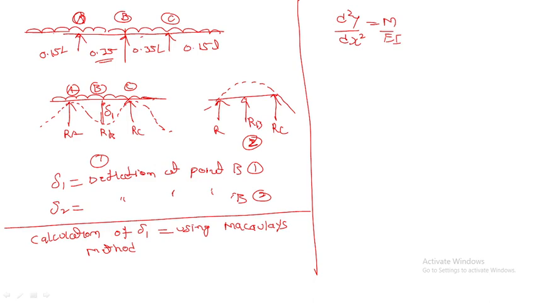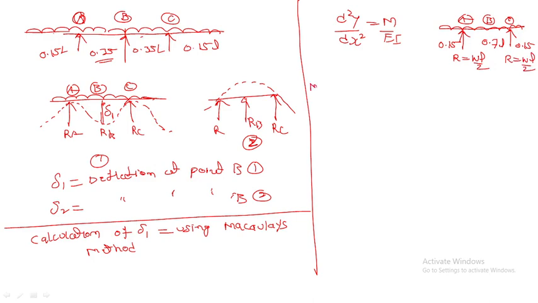Now, I will draw the diagram one more time so that you can understand. These are the two supports, and this is a UDL, with 0.7L between the points, and 0.15L on each side. This is A, B at the center, and C as our point. So the reactions will be WL/2 here, and WL/2 here. These are the two reactions.